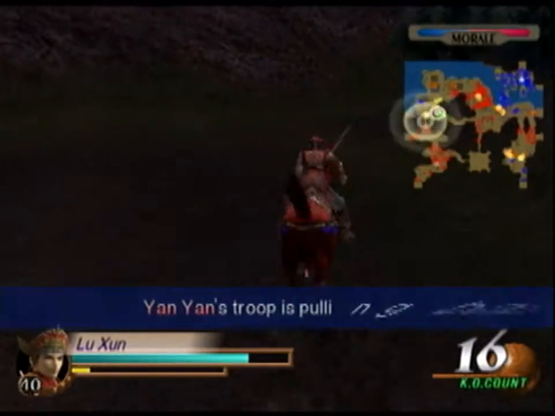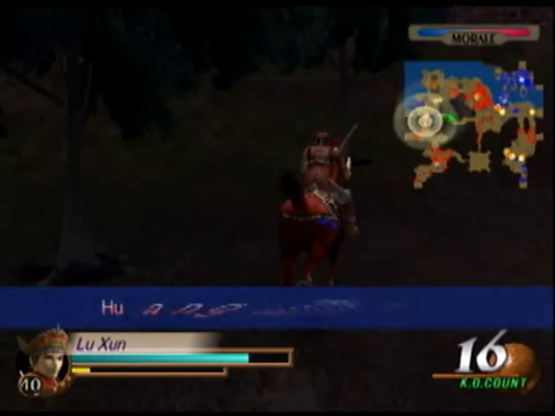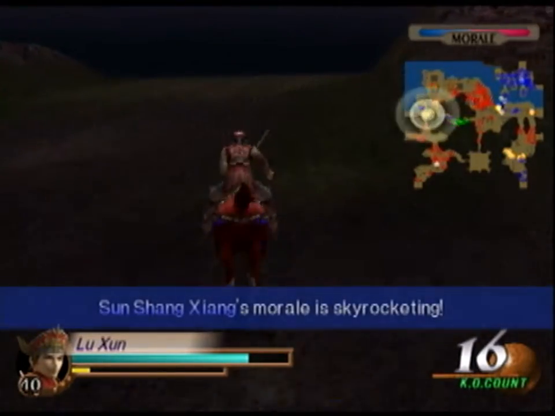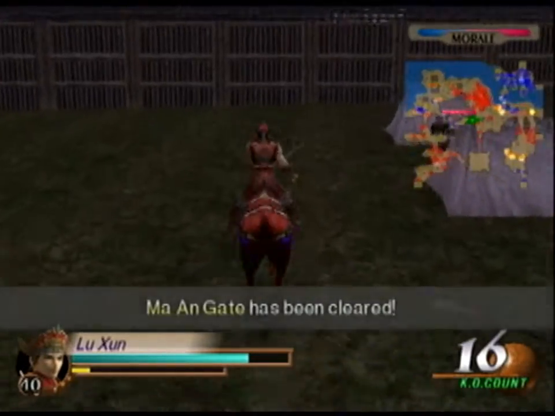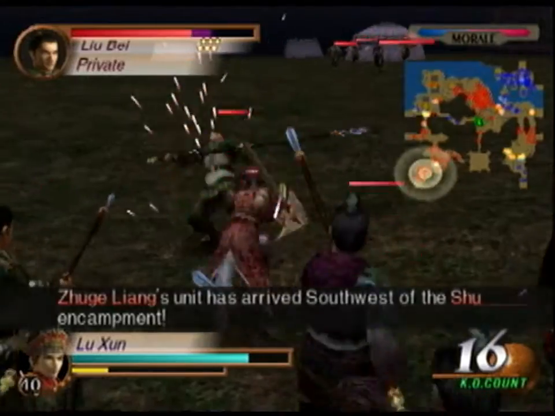Alright, so Zhuge should head over to the central fort now, and that will trigger the fire attack. While he's heading in that direction, I want to just take on the few enemies that are around that area, just to make sure he doesn't get caught up with them. And then when the fire attack succeeds, we'll go over and rescue